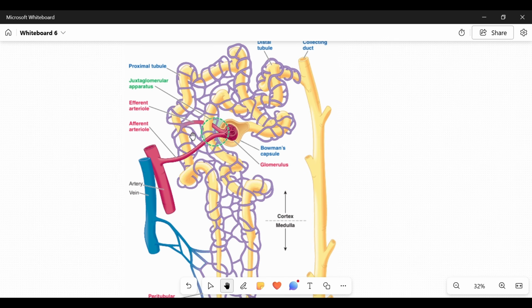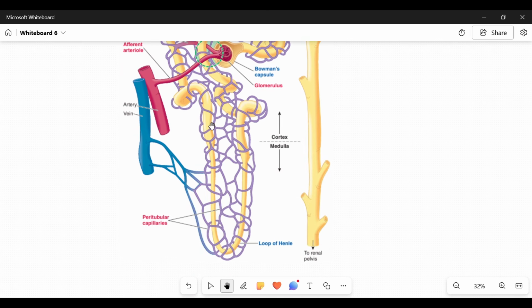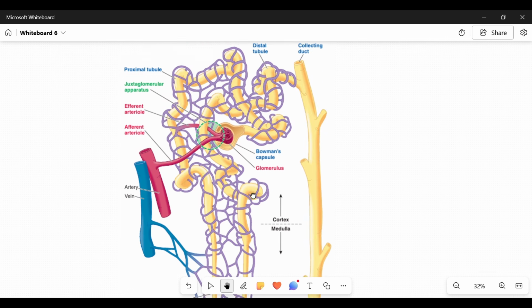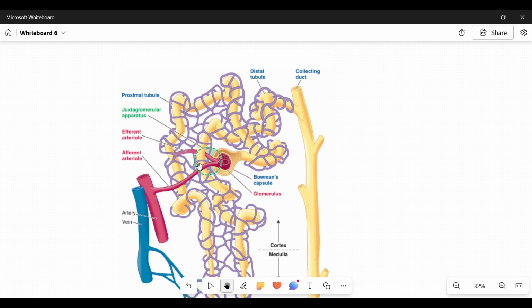It also has tubules starting from the Bowman's capsule. You can see over here convolutions. These convolutions are called the proximal convoluted tubule. And the proximal convoluted tubule plunges into this U-shaped structure called the loop of Henle. From the loop of Henle, the filtrate that is formed will swim up to the next set of convolutions called